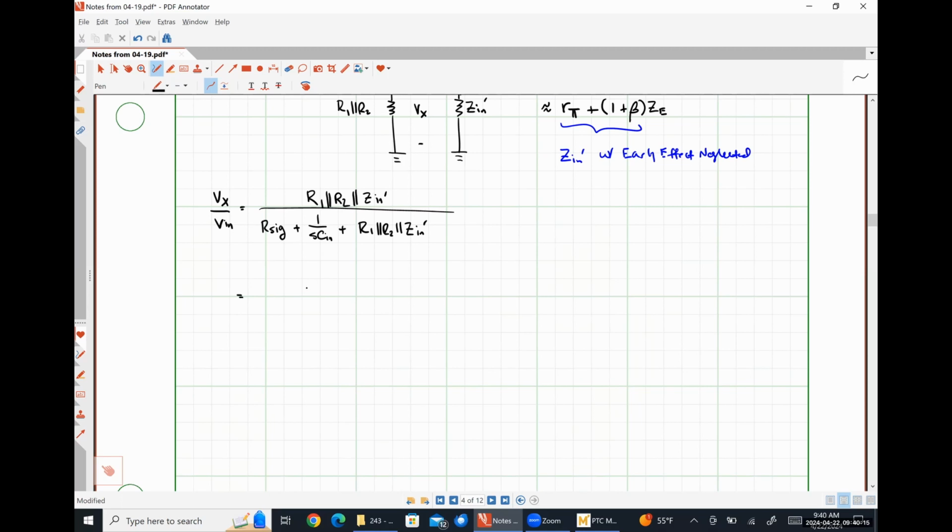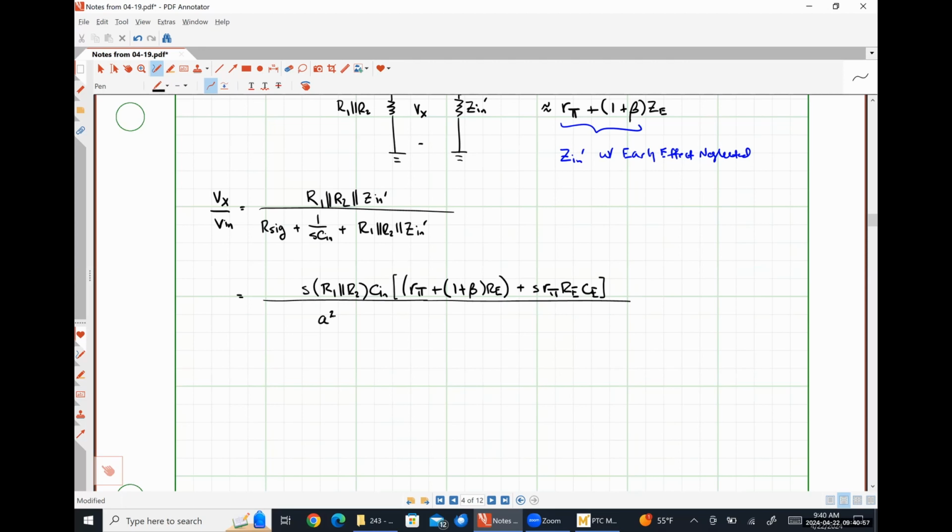So this looks like S times R1 in parallel with R2 times Cn multiplied by (R pi plus (1 plus beta) Re plus S R pi Re Ce), close that bracket, all divided by